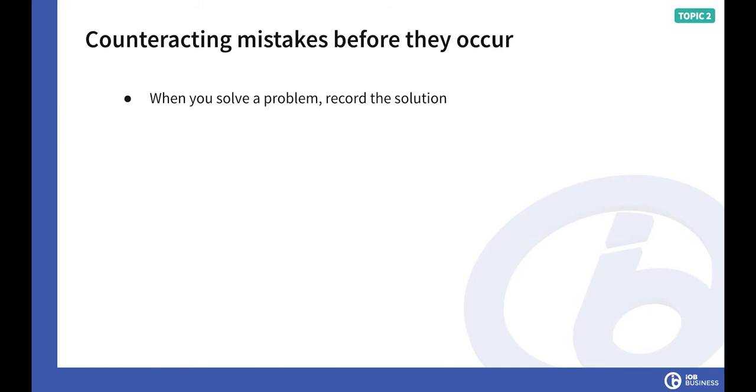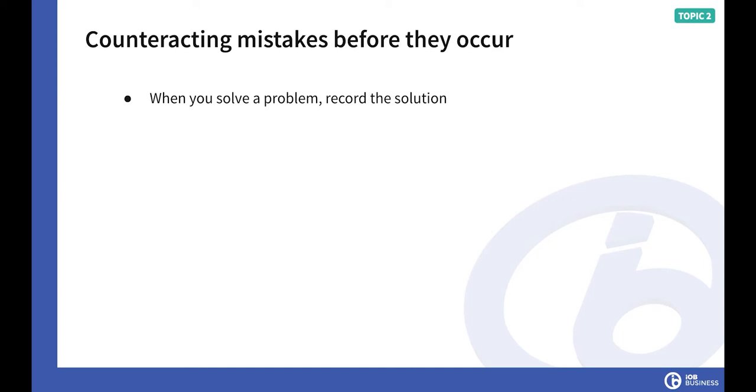Now, this is important for 2 reasons. Number 1, when the problem occurs again, you're not going to wonder how you solved it, because we all have this thing. When we're solving problems, we go into almost like a rabbit hole like mental area of solution where we're working through all the possible causes, we're working through all the possible solutions, and our brain becomes so busy that we don't actually know quite how we did it. We just know that it is now done and we let it go. We pass it to the side and we think, brilliant, I'm never going to have to deal with that again. But then, shock, horror, surprise, 6 months down the line, which we absolutely don't want, the problem arises again. And because we didn't record the solution, we're just setting ourselves up to go back down into that exact same